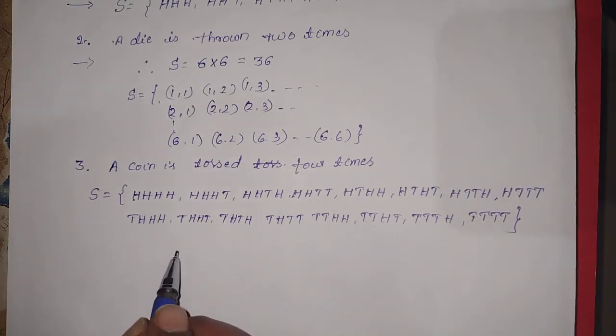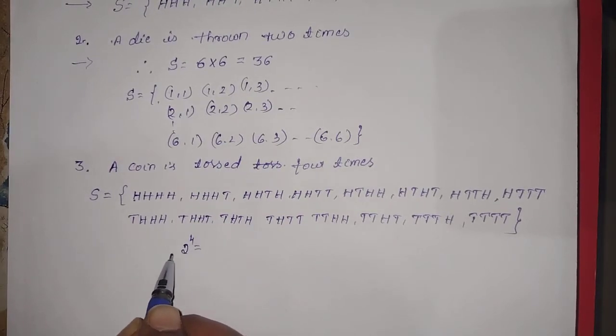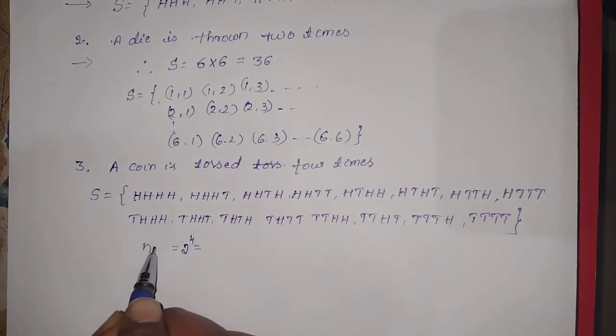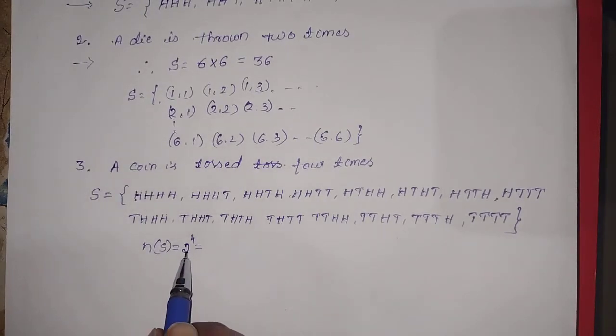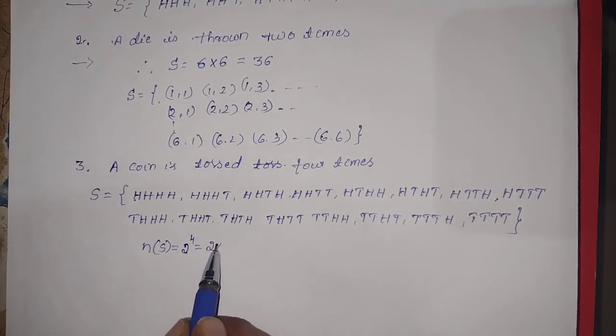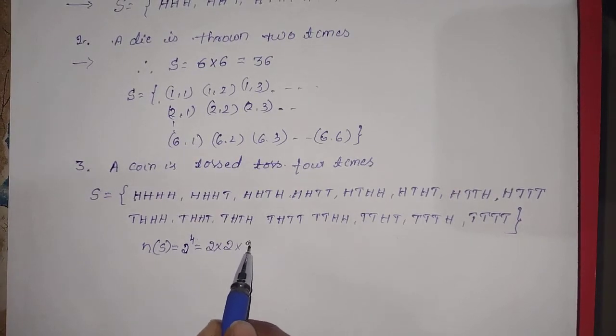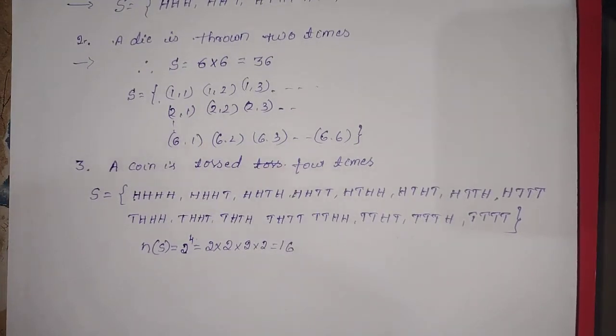How do we find out that 16 means 2 power 4? How do we get to 2 power 4? It means the sample space contains how many elements. There are two results, like head or tail, and how many times are we tossing the coin? 4 times. So 2 power 4 means we multiply 2 into 2 into 2 into 2, which is equal to